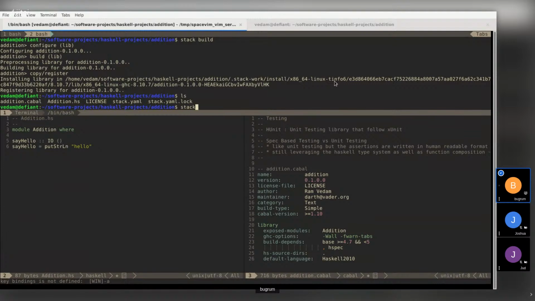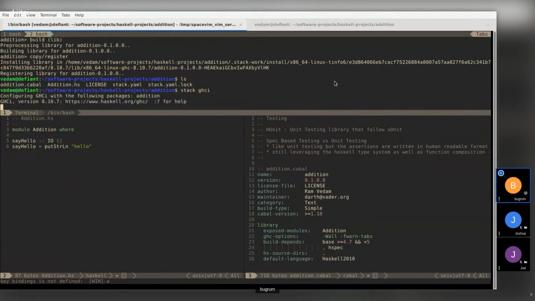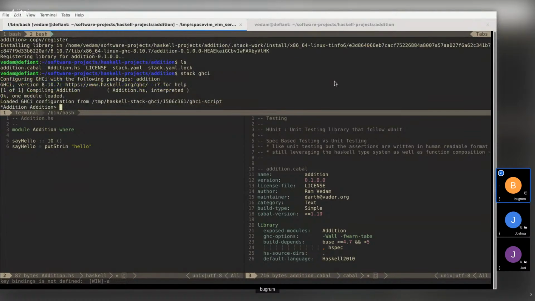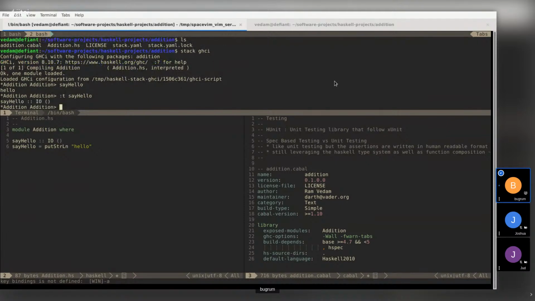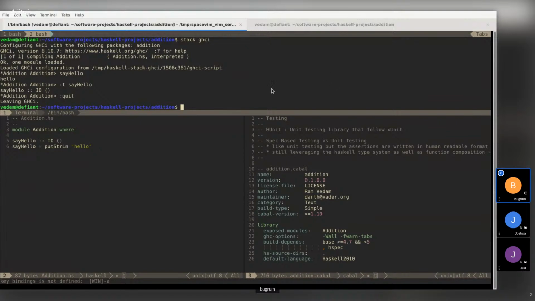We can actually go into GHCI by using stack GHCI, and you can see that our module got loaded. If we do say hello, we can see that it's hello. We can introspect it and so forth, and it of course works. We haven't actually tested anything, right? We've only set up the infrastructure now. This is a basic test harness that you just want to have at your disposal once you